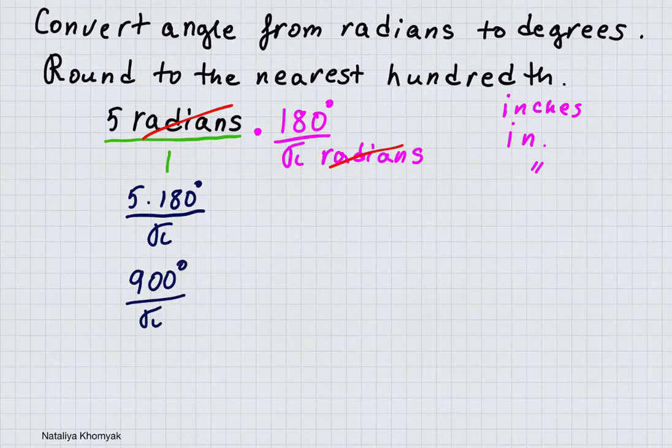In order to get our decimals, this is when you need to take out your scientific calculator and do 900 divided by pi. This gives me